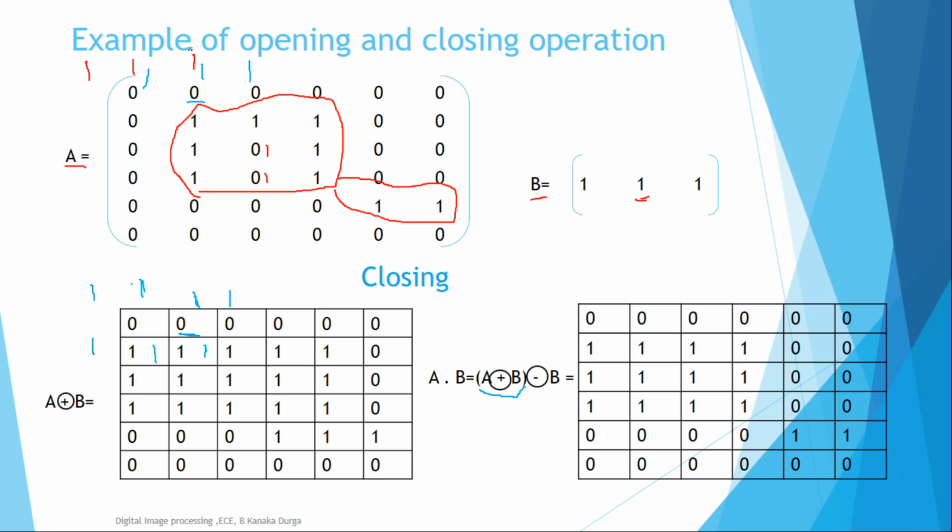If you observe, whatever noise pixels have been there, these noise pixels have been converted to 0 due to the presence of noise. The object value has been converted to background value. When we are applying the closing operation, the values in this case have been converted to ones. Okay, these are the elements that have been converted to ones.